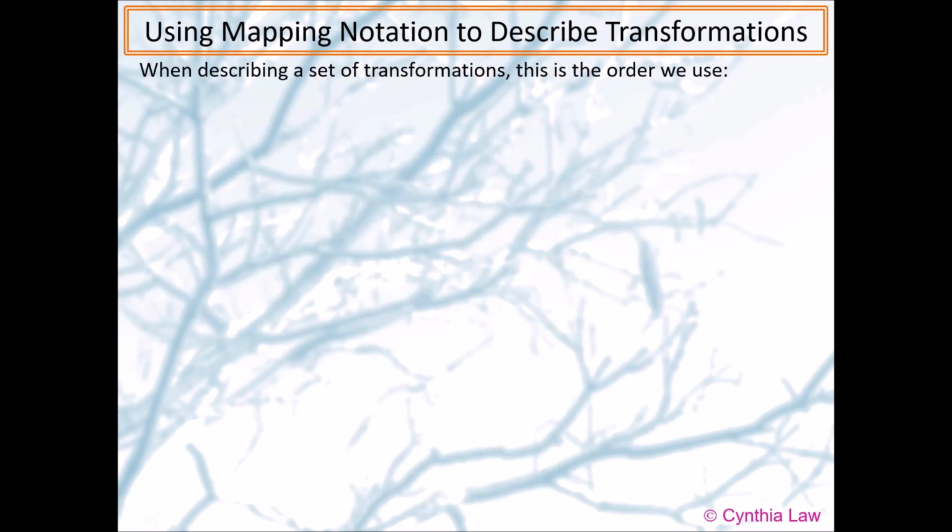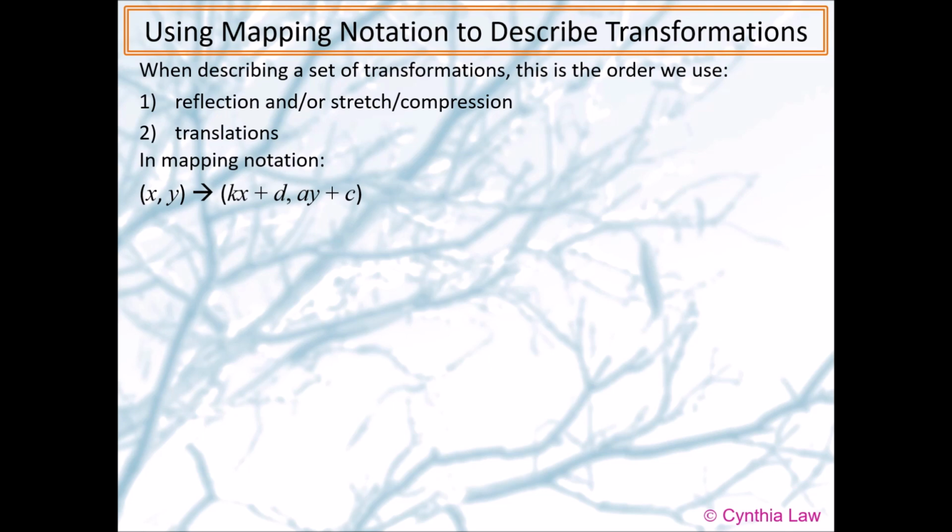When describing a set of transformations, this is the order we use. Reflection and or stretch or compression should go first. And then we would describe the translations. Why? Let's look at the mapping notation. When we write it in mapping